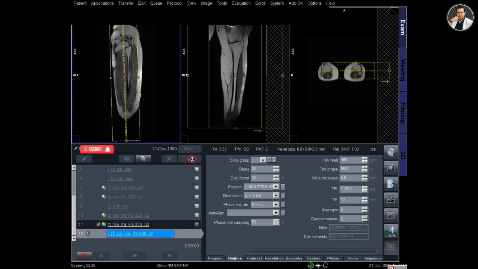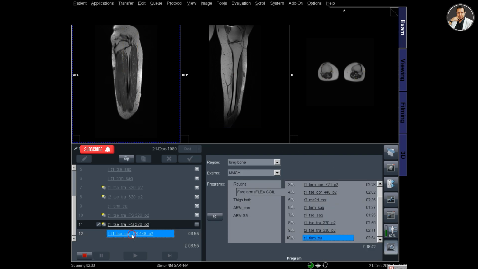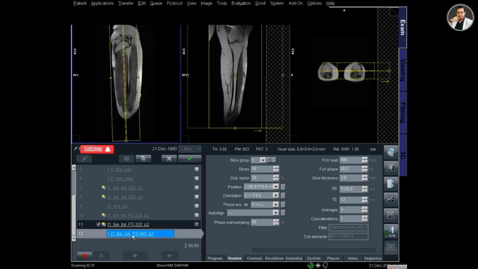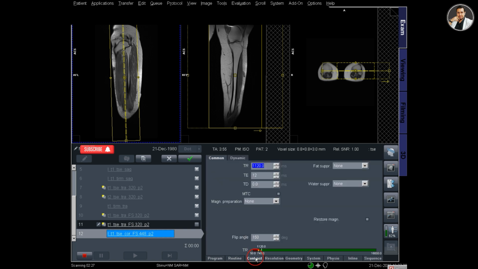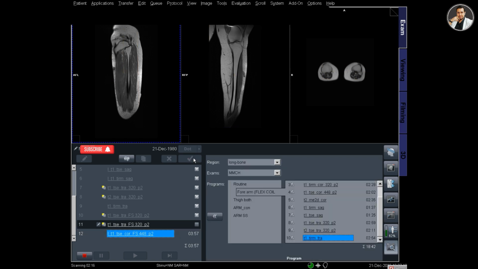I change the name of this protocol to fat set, but I have to change the contrast of this protocol from the parameter fat suppression to fat set, and then click apply. So the name and also the parameters have been changed to fat saturation.